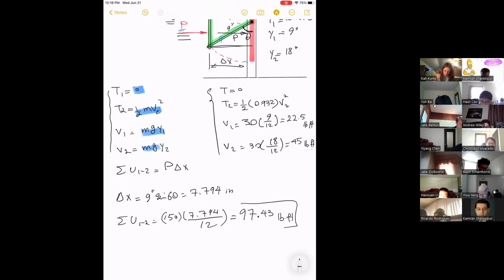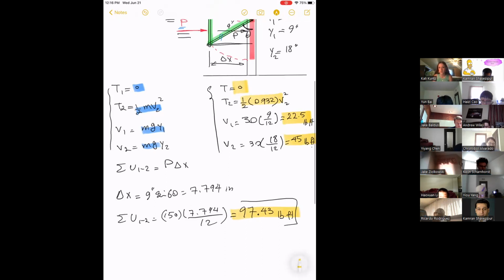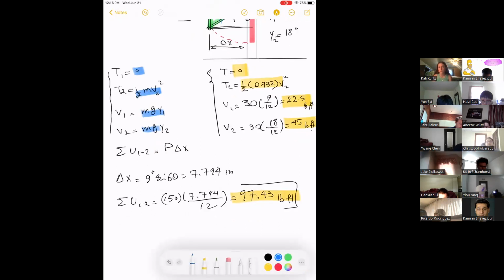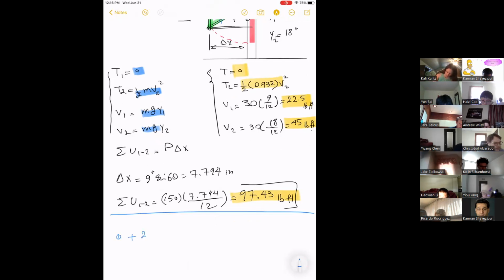So we get all the values here. I'm going to highlight them. T1 is 0, T2 is this much, V1, V2, and the work of non-conservative forces. So if you substitute all of that in the equation, you're going to get 0 plus 22.5. This is T1. This is V1 plus 97.43. This is U12